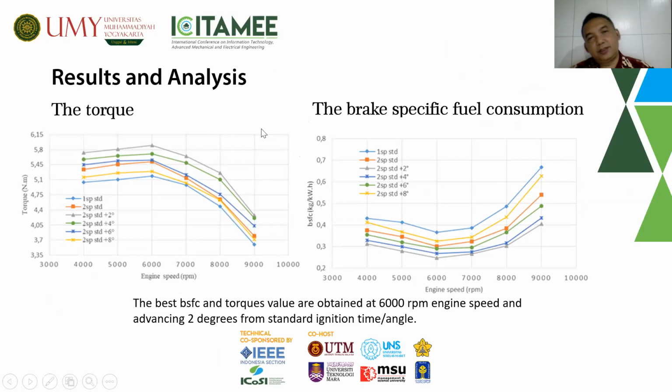Results and analysis. We have three parameters. One is torque, the second is brake specific fuel consumption, and the third is power. We can look in here, torque and BSFC. The best BSFC and torque values are obtained at 6,000 engine speed. We look in here. At the engine speed 6,000, the torque is 5.8 Newton meter,